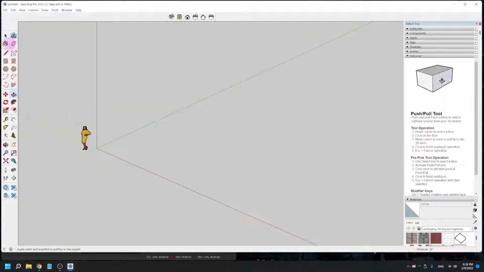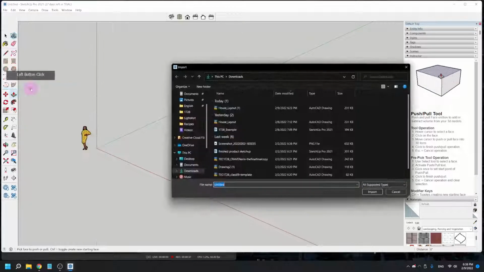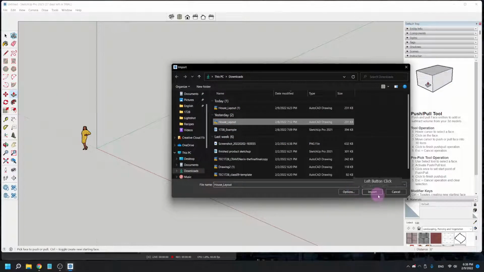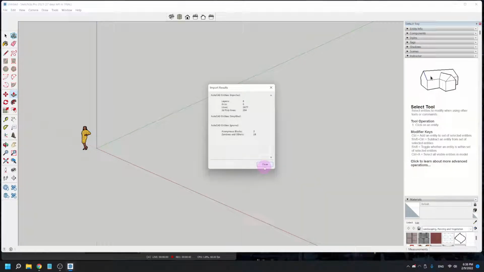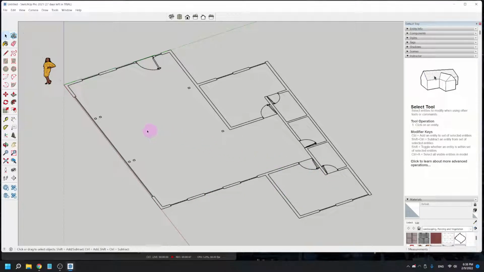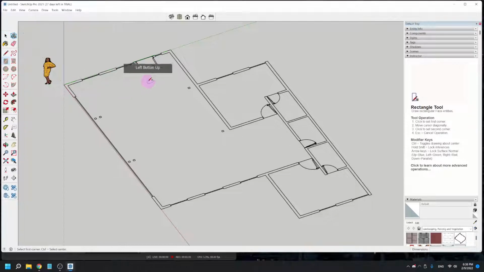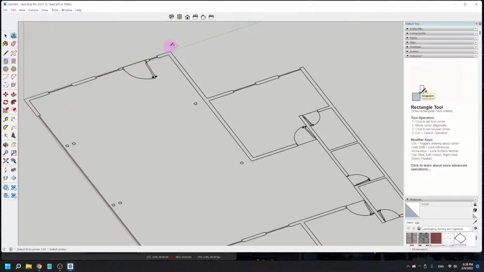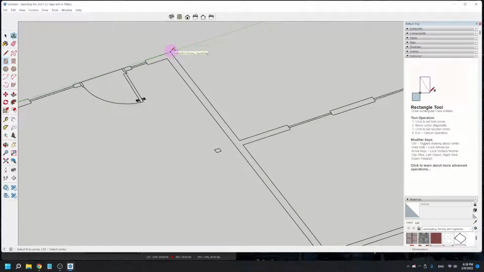Our first step is going to be to import our drawing. So I'm going to go File, Import, and then open up my house layout, and it'll bring it in. Now, if the tracing around the walls is giving you lots of headache and annoyance, another way you can approach it is to break each wall down individually and trace it using like the rectangle tool. So for example, I can start with rectangle and I can start in this endpoint